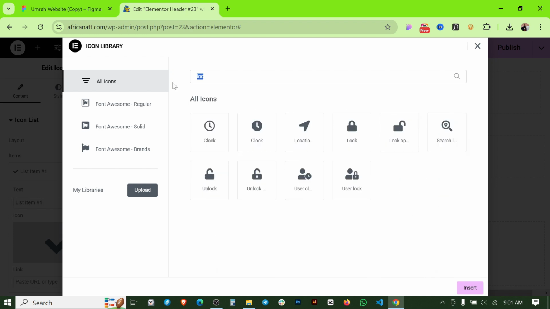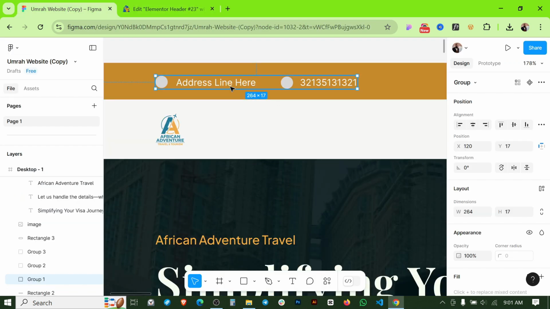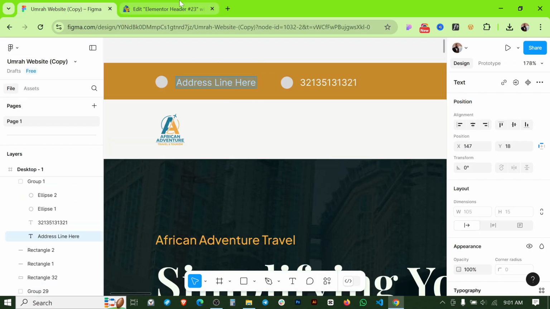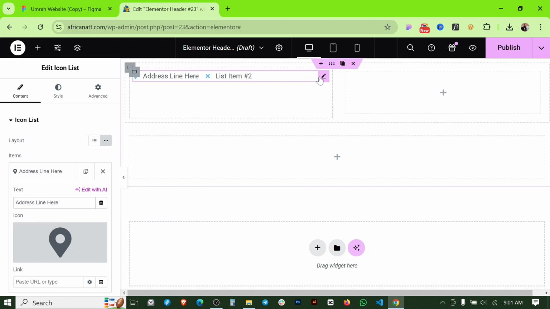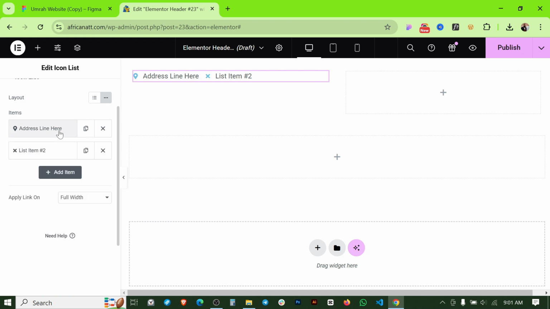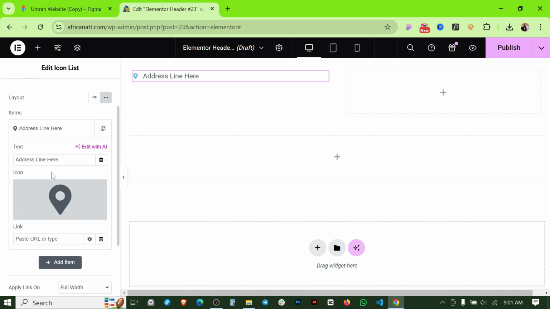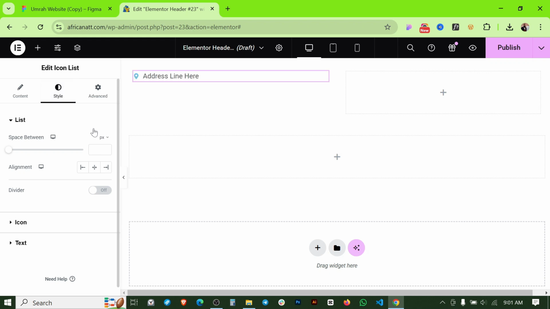and make it location or map. We can select this one and click insert, and now we can change this to our text and paste it here. And if I click here again, let's delete this because I will show you how I deleted them. And if I go for structure,